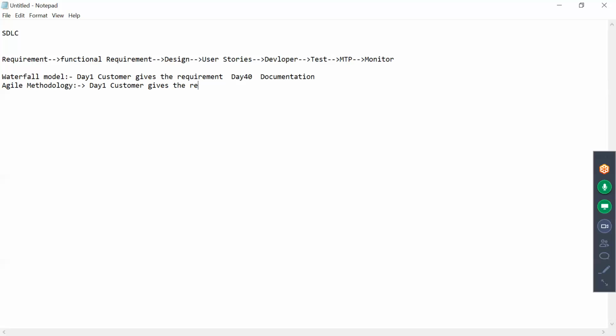Okay, the customer gives the requirement. Say, for example, it is day 10. The user stories are created and given to the developer. Now, what is the developer doing? The developer is contacting the customer